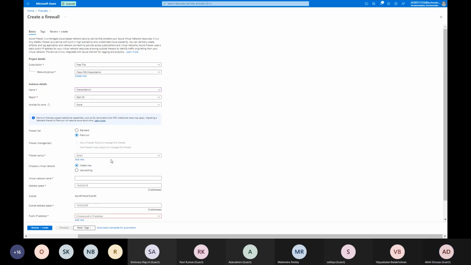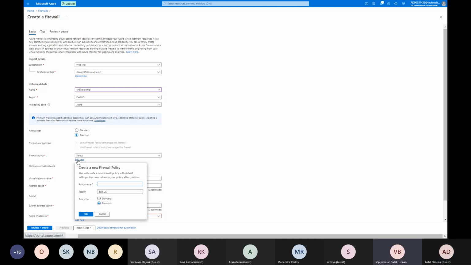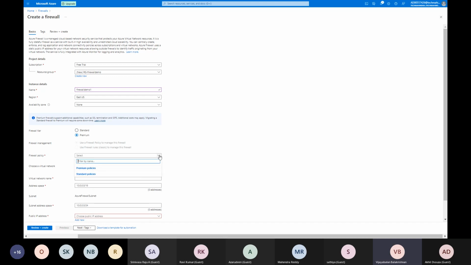Firewall policy already has a lot of predefined policies. Either you can use one or go with your own. I think here I'll have to create my own policy. If you want, you can create one or select the existing templates.